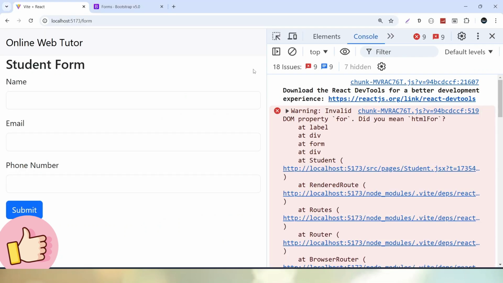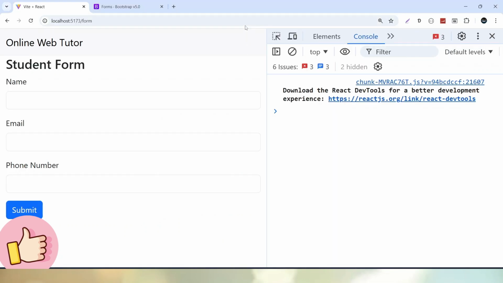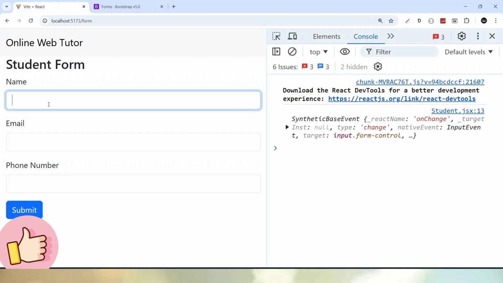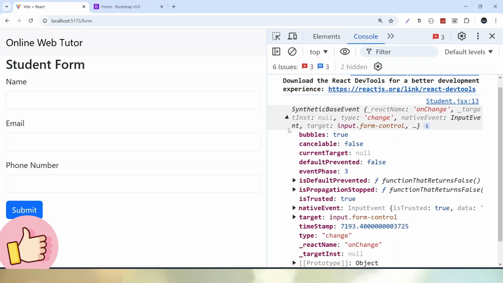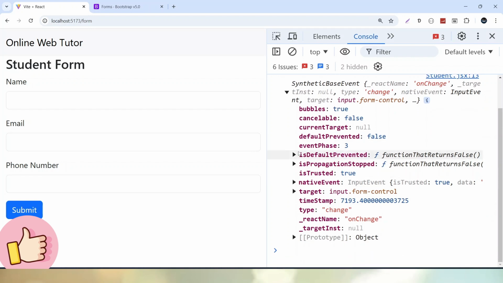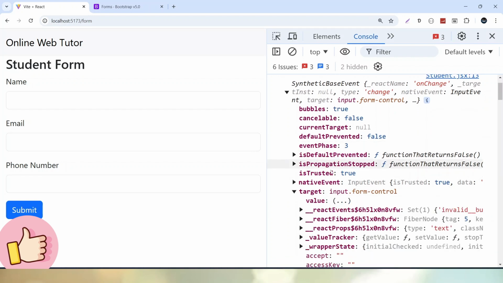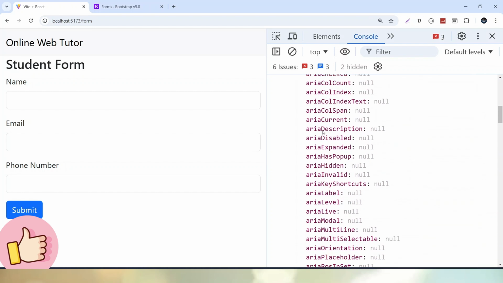Save these changes. If I go, let's reload, and here we don't have any error. So for example, if I make any entry inside this name field, now you can see that here we have the event object inside this console tab. Let's open it. If I go into this target, and in this target, if I scroll,